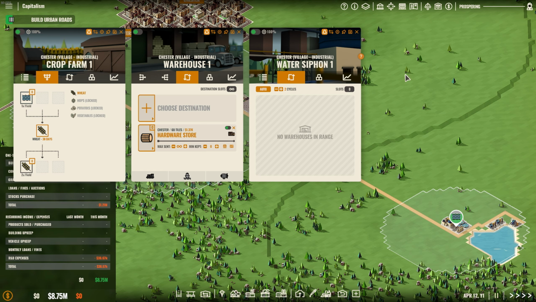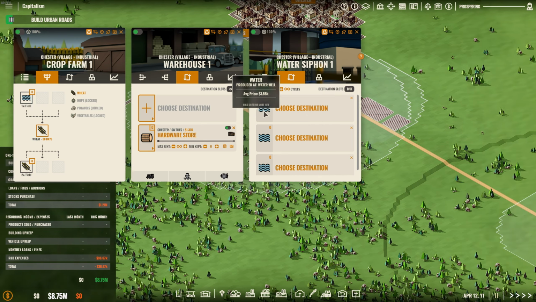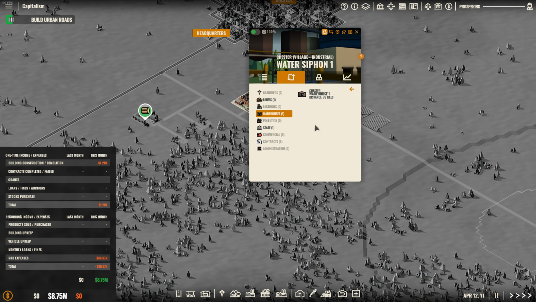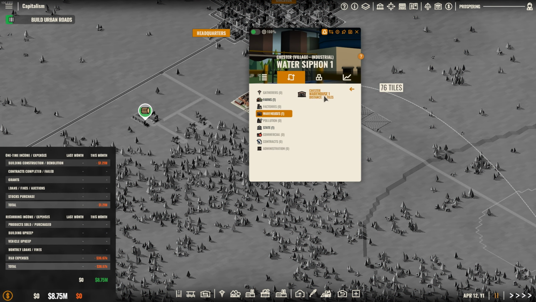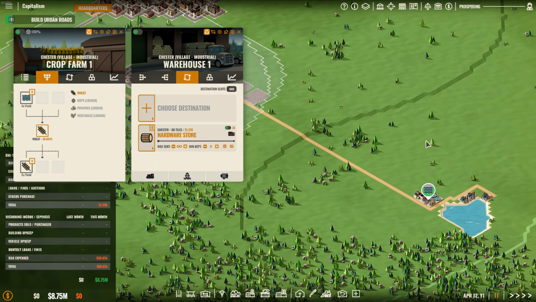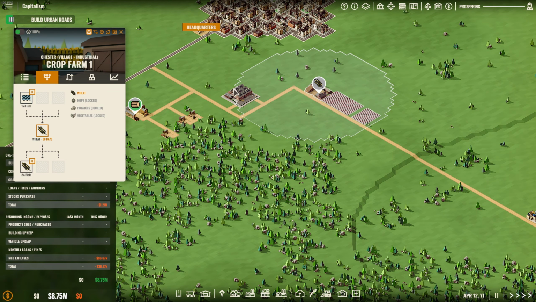No warehouses in range. Okay, so this will actually need to produce manually. Manual. 3 cycles, infinite, and we have water, choose destination, and warehouse. What this will do is add 2. It will automatically take water to the warehouse, and since this is in range of the warehouse, it would automatically take water from the warehouse and bring it to the wheat farm. So